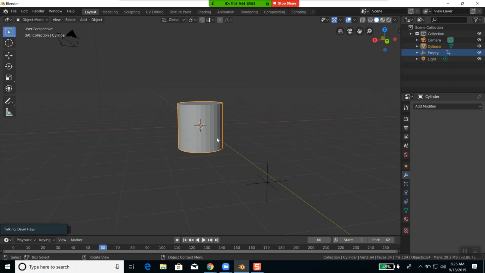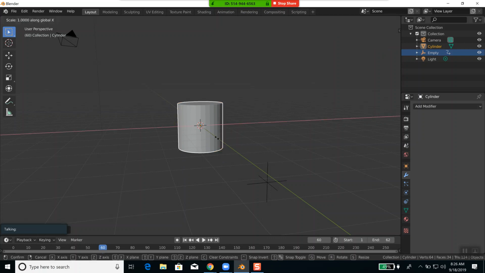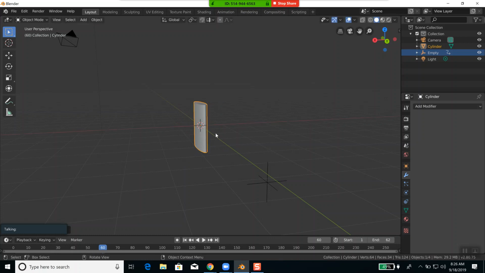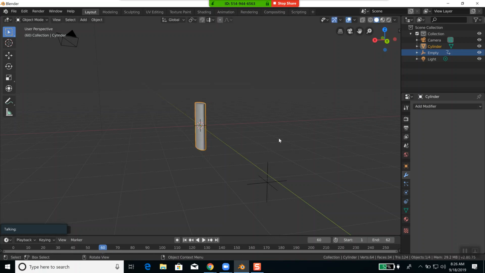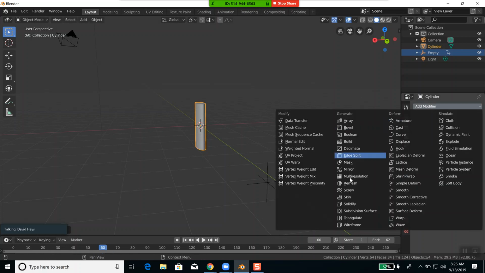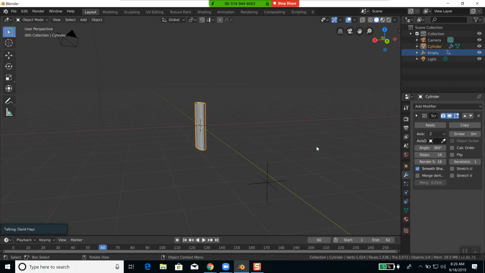And SX, bring that in. And SY, bring that in. And then if we add the screw tool to it,